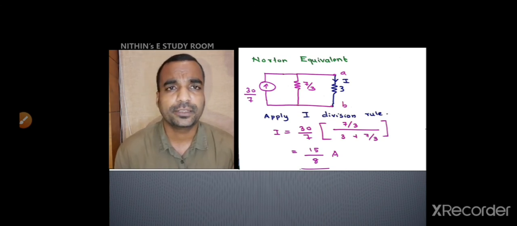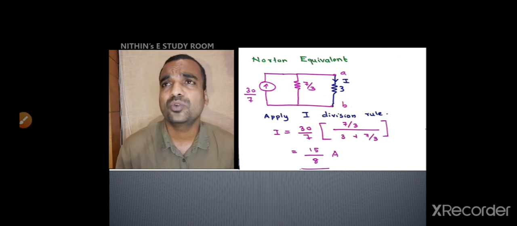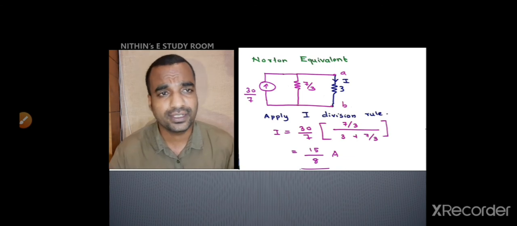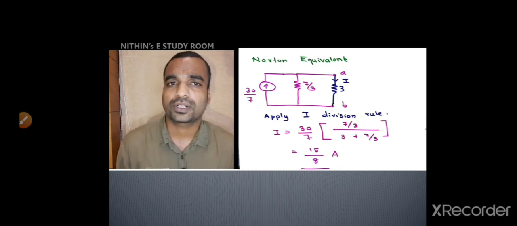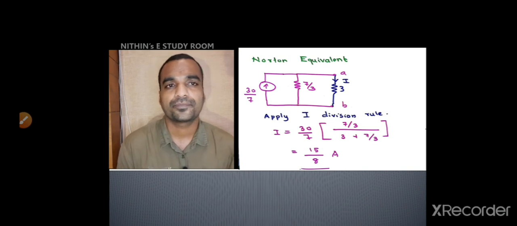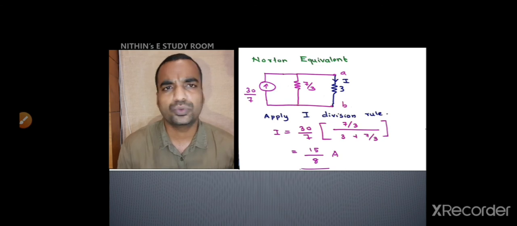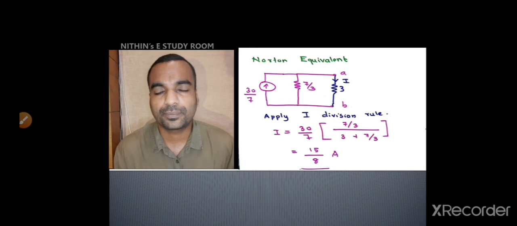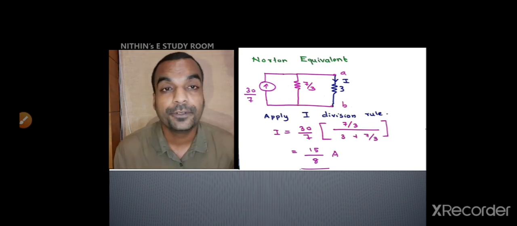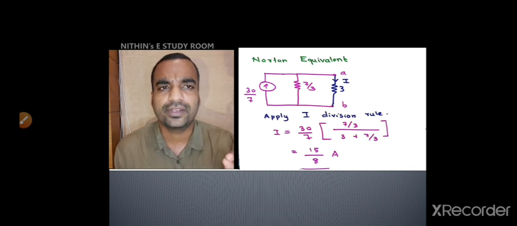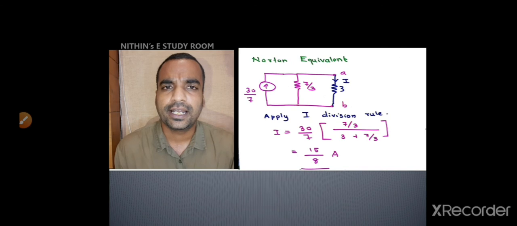This may take a little bit of time for understanding. You may wonder how we know what the next step is. You are going to find Isc, then you are finding Vx. There are no shortcuts for that. You have to do more and more problems, because for finding Vsc, Voc and Isc, you may be applying KCL, KVL, all the things you know. That is the difficulty of problems with dependent sources. So thorough practice is needed. Pause the portion where you are having confusions and do your own calculations, and you can ask me doubts. You can mail or WhatsApp me your doubts.